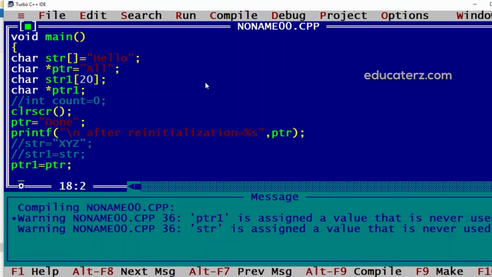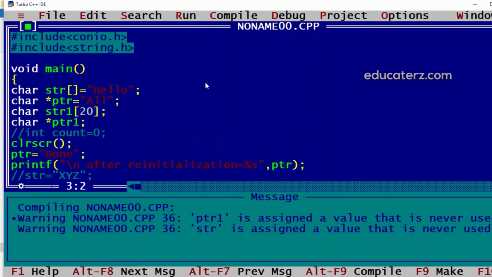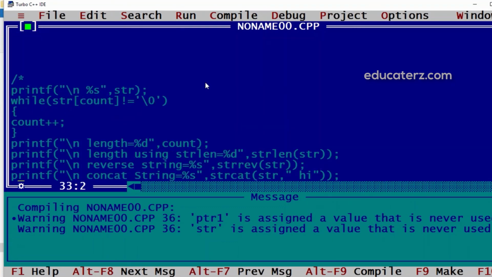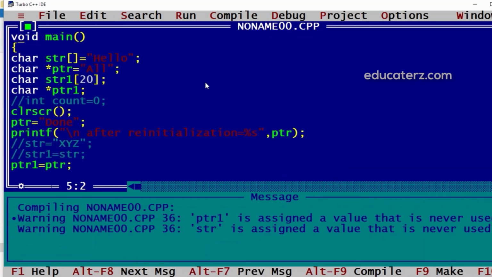But again, we have built-in functions also, which are present in the string.h header file. If we include that directly, those functions can be used. That is string length, reverse, concatenation, uppercase, lowercase, etc. So in this video, we have seen all the details about strings.